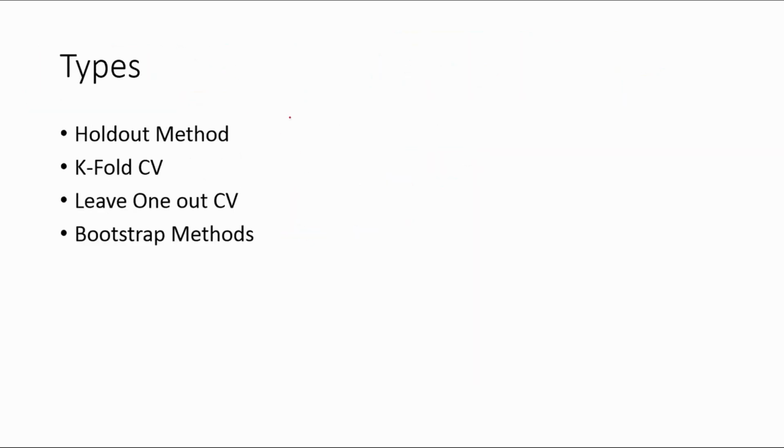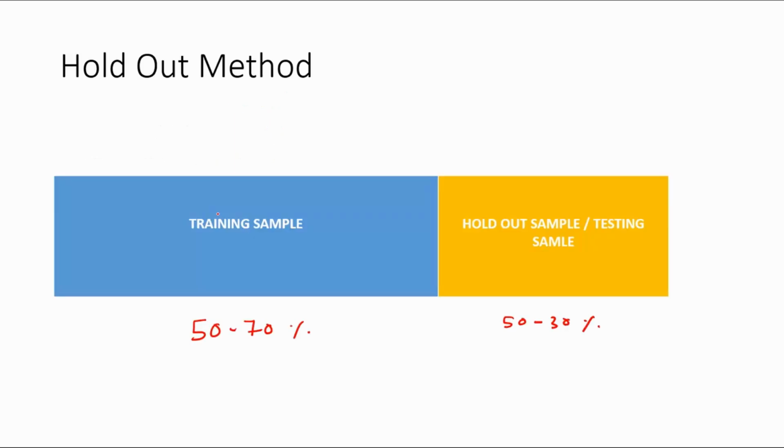So what are the types of cross-validation that you can actually perform on your model? There are basically four types. One is the holdout method, the second is the K-Fold cross-validation, the third is the leave-one-out cross-validation, and the last one is the bootstrap method. We will understand these four types of cross-validation one after the other. Let's start with what